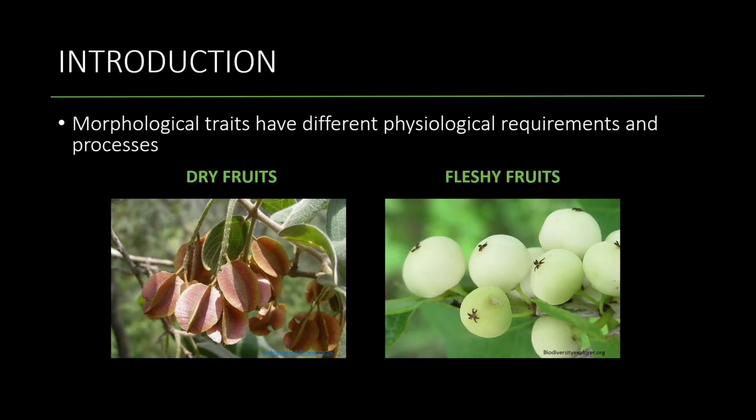In angiosperms, a wide variety of fruit types and forms exist. They've evolved several fruit attributes to increase the effectiveness and quality of their seed dispersal. These can include variation in seed size and color, nutritional attributes, presence of accessory structures, and also whether the fruits are fleshy or dry. So we would expect that different fruit types develop and do well under different conditions based on their morphology and anatomy.